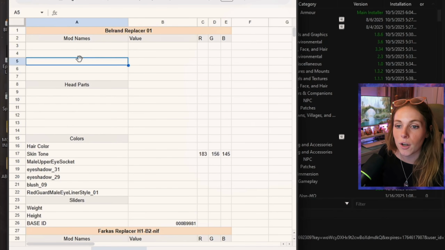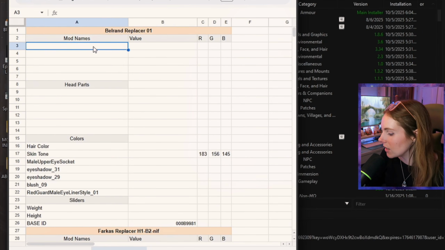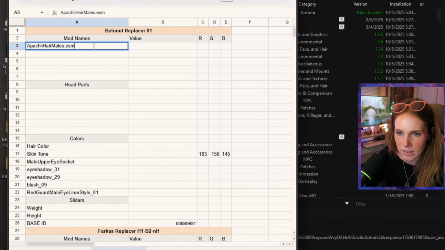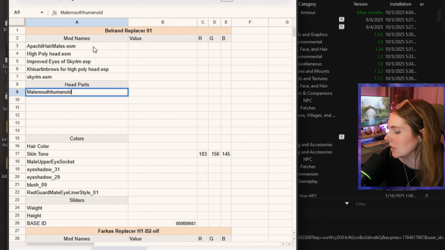Once your head is exported and you've recorded all the numbers, go ahead and pull up the Google Sheet. The example I have is in the description. Put in all the information you've collected in there so it's in one safe place. I want to go into our Google Doc and fill in all the information I found. So Apache hair males.esm, and the head parts that are listed, there's going to be more, but male, mouth, humanoid, default,